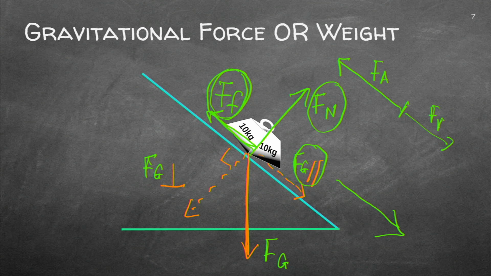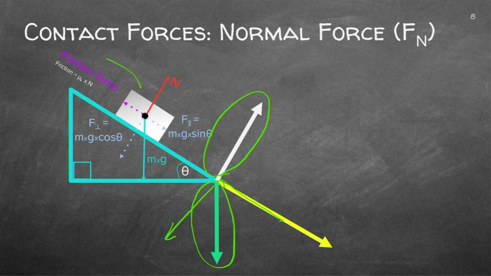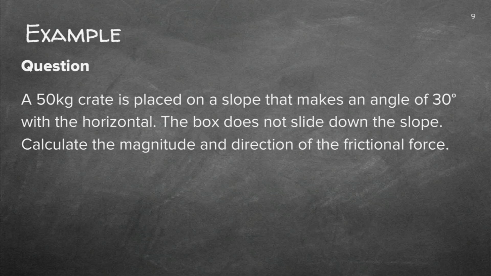So always make sure that you can identify the right forces on an angle. There again, you've got your weight. It consists of a parallel and a perpendicular component, and make sure that you know what the normal is. And in this diagram, we also have the frictional force. Just to conclude again, I have to know that I've got all the forces if I'm being asked to draw a diagram.